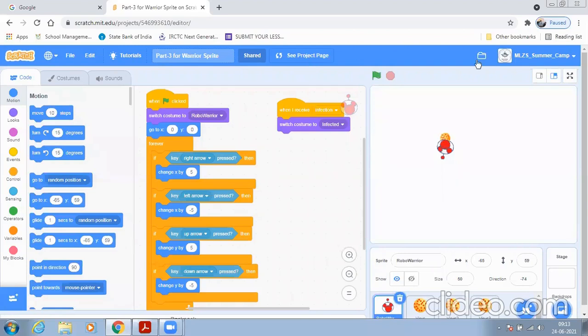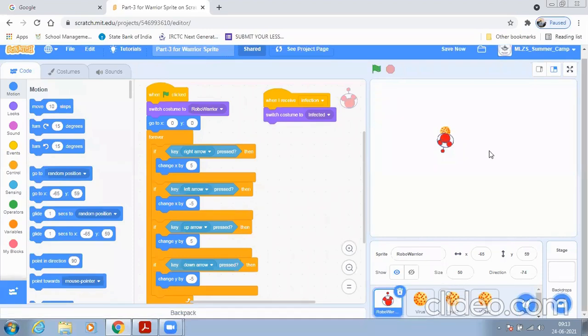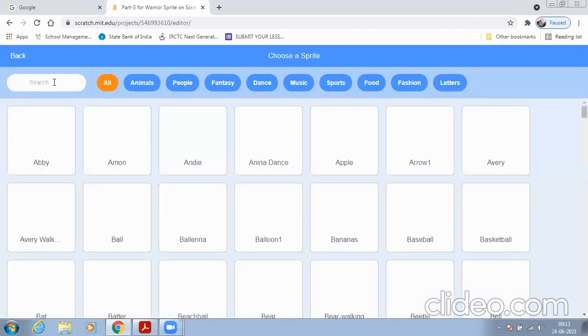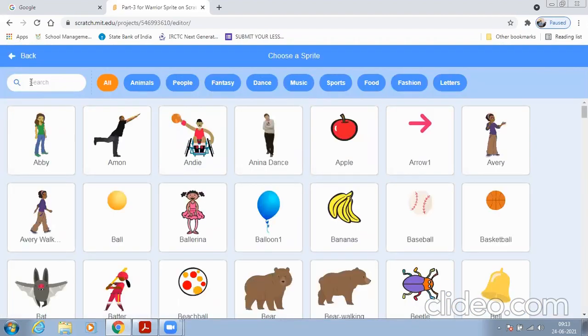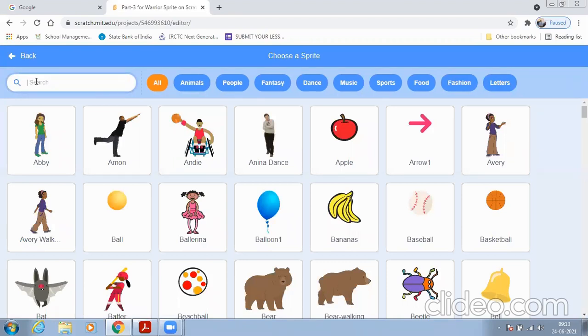And now we'll start writing the code. First we'll add the sprite vaccine. So how will we add the sprite vaccine? You go to choose a sprite from library. In search you have to just write button.